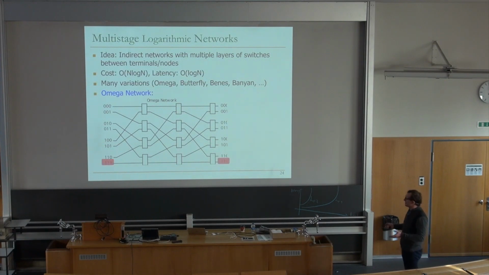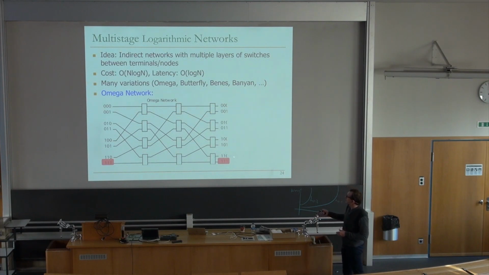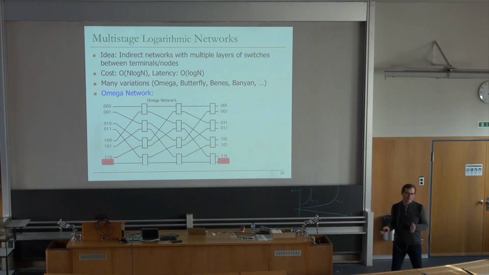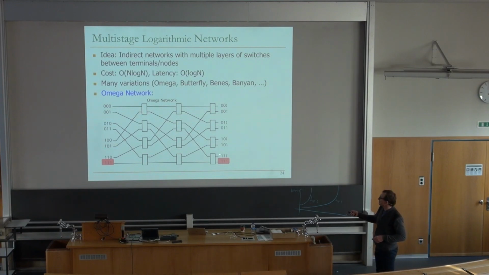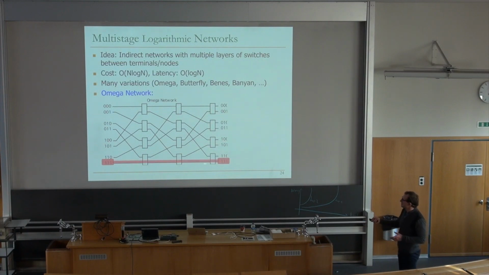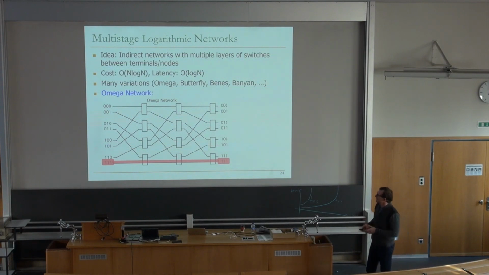So let's take a look at an example communication. Let's assume that you want to communicate from this core to this cache bank. Core 7 wants to communicate with cache bank 7. Essentially, there's only one path you can communicate through, right? Which is similar to a crossbar, actually. But